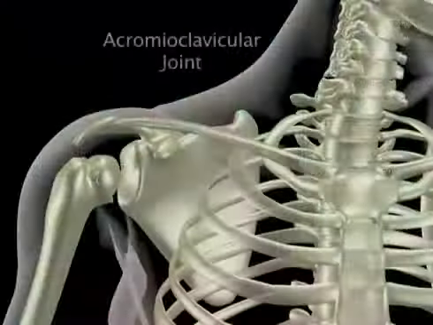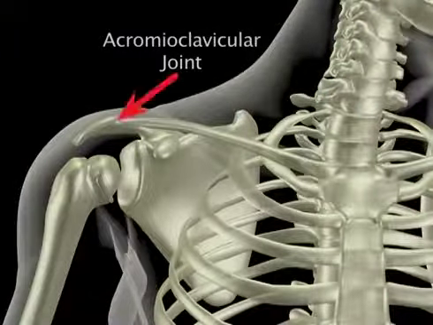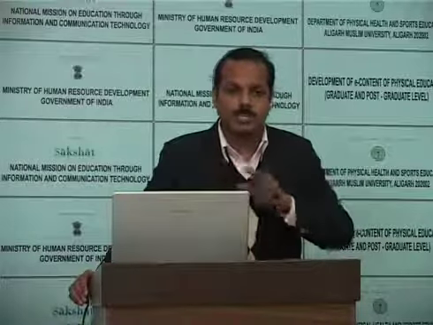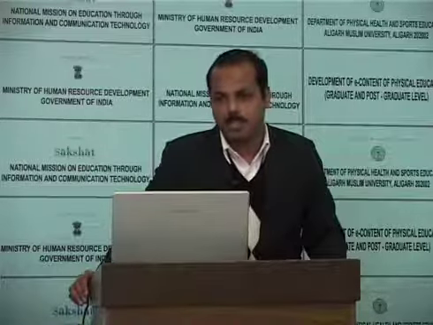The second joint in the shoulder girdle is the acromioclavicular joint, which is the joint between the scapula and the clavicle. It is a plane synovial joint with 3 degrees of freedom. It has a joint capsule and 3 major ligaments. The main function of this joint is to maintain the relationship between the clavicle and the scapula in the early stages of elevation of the upper limb, and to allow the scapula an additional range of rotation on the thorax in the later stages of elevation of the upper limb.